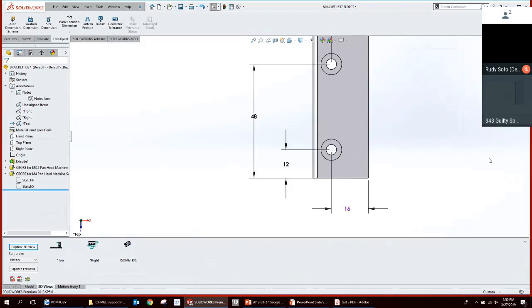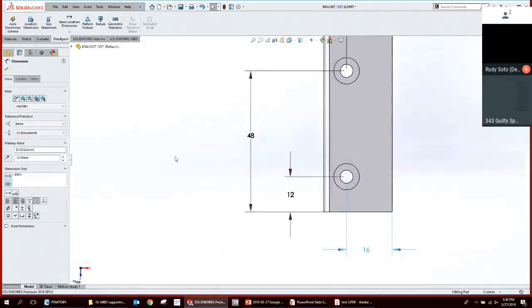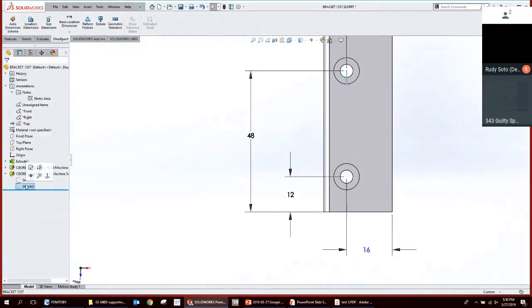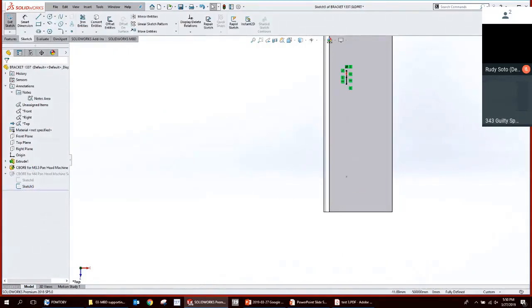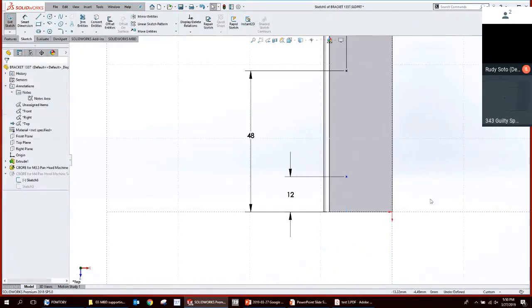Okay. I'm still curious what happens if you try to delete it. Oh, good idea. It says none of the selected entities could be deleted. It doesn't really make sense. It's because you're not in the right mode. Like you have to be in sketch mode to modify a sketch. It's not that I wanted to delete this dimension. I wanted to delete the showing of the dimension in any parts of the drawing.